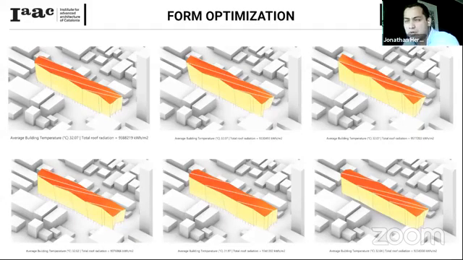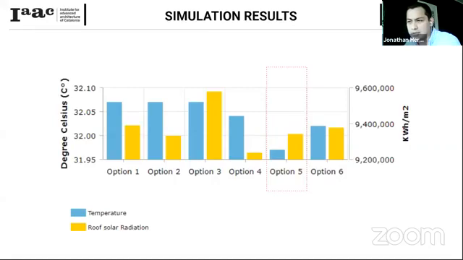We ran our optimization, and we got these final results. We can see them here in this table. We went with option 5. You can see it has the lowest temperature. The inner temperature is the lowest one, and on the roof we also have the lowest radiation. Here is